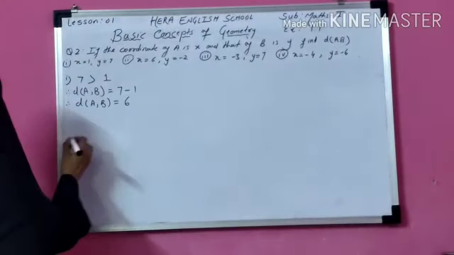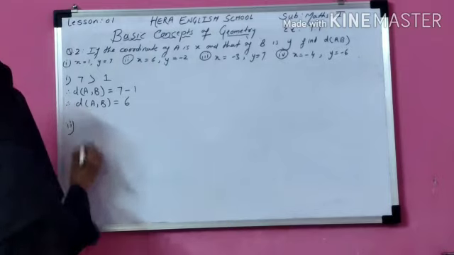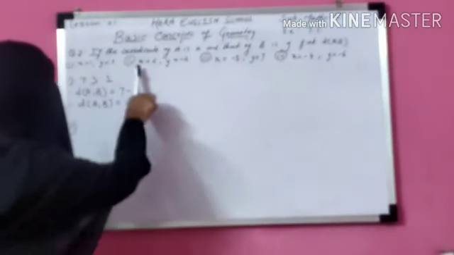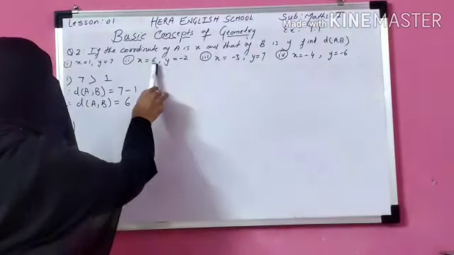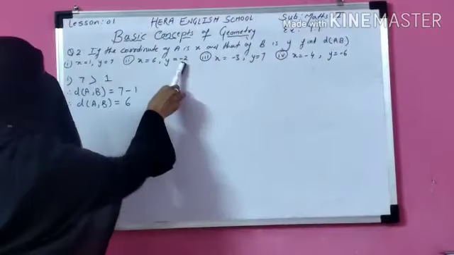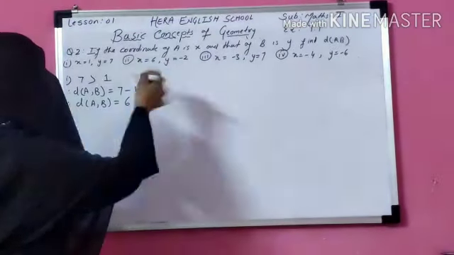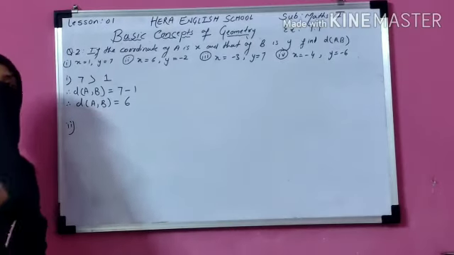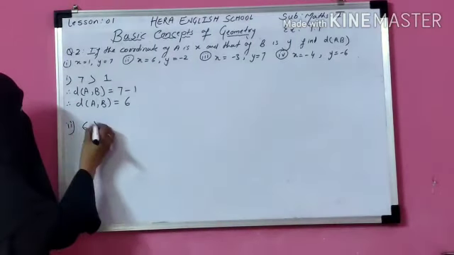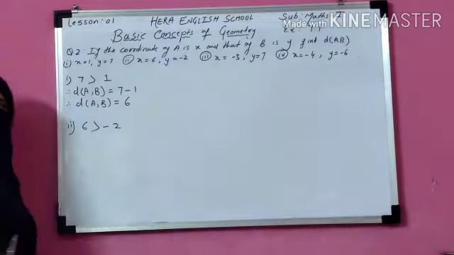Okay. Now the next question. For the second question, you can see a coordinate of x. Coordinate of point A is 6. Coordinate of point B is -2. Now which coordinate is greater here? Obviously 6 is greater than -2.